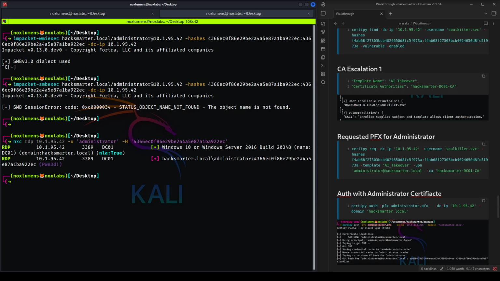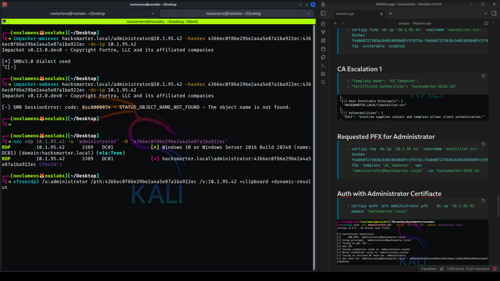We can check out RDP. All right, so our user has RDP access. So let's xfreerdp3 /u administrator. We can pass the hash with this individual with /pth and this hash method. And then we can, is it /i? I think it's /i. Maybe it's not. No, it's /v. /v for the address 10.1.95.42 for the domain controller. We're going to add the clipboard with +clipboard, and then add dynamic resolution, which is going to allow us